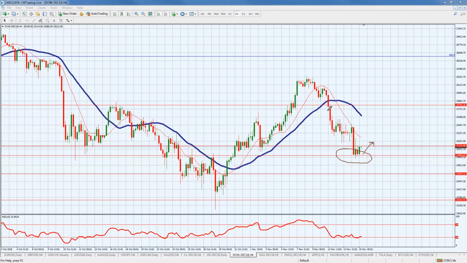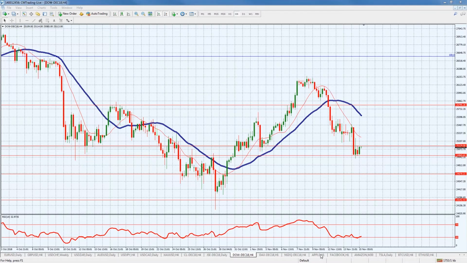Let's see if we do get that rally, because this is a massive retracement, about 1,000 points in less than a week, a little bit more than 1,000 points, but altogether I do expect a little bit of a bounce later today for a correctional move after this massive sell-off. So keep that on your watcher later today. Now, lastly,